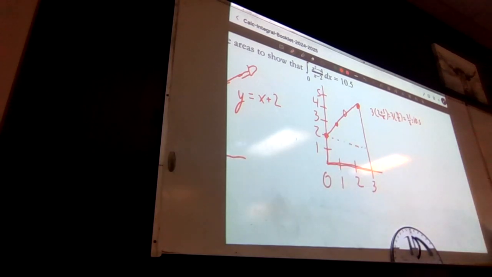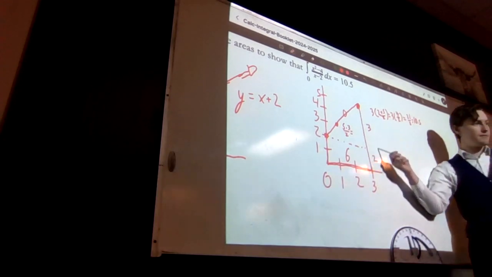Or you could have just done this right here. The area of this is 6. The area of this is 5, that's 3. 5 times 3 divided by 2, 15 divided by 2. Wait, whoa. Oh, sorry. Thank you. The height is 3, because we have to do this here. The height of this is 2. This is what some other people did on the PC yesterday,